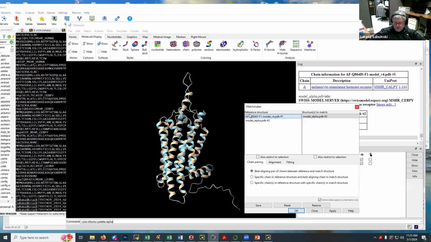In our case, we can pick the original AlphaFold model, or we can switch. Okay, and now the other structures present in Chimera are available to select. Here there's only one more, so we don't have much choice. We've got two molecules to align, and then using default options we can apply